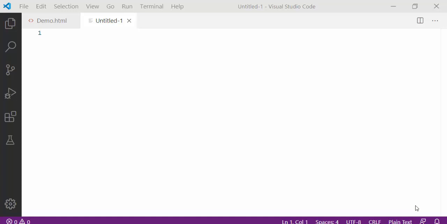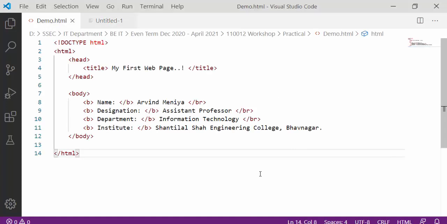Okay, so in our session we are using one software for HTML page creation, that is Visual Studio Code. And you can use any software for creating an HTML file. Okay, so let me show you the first example that we have discussed in the previous session.